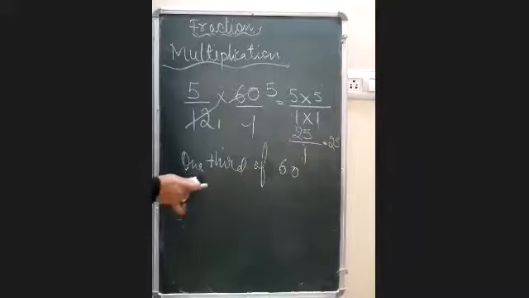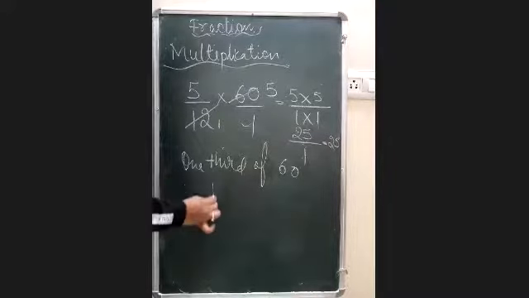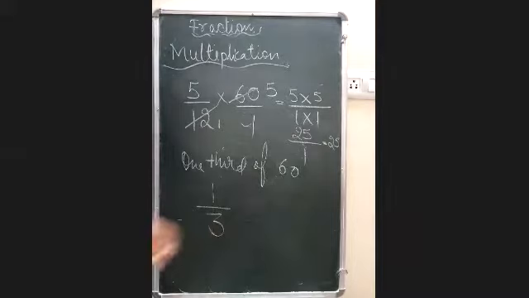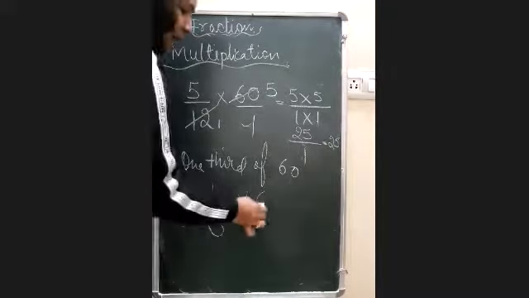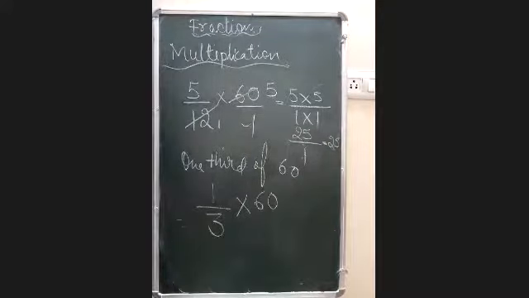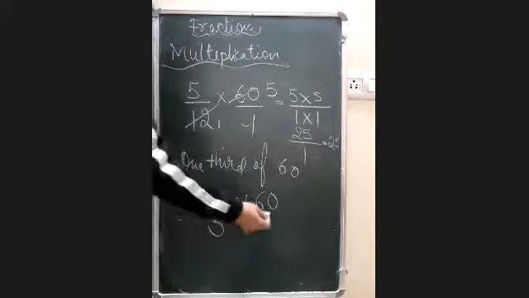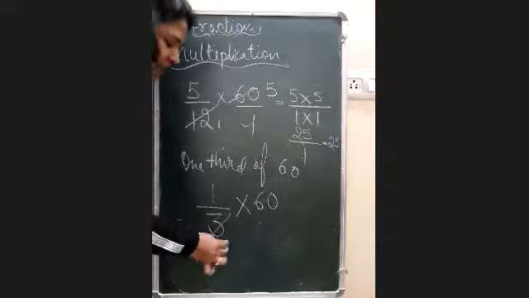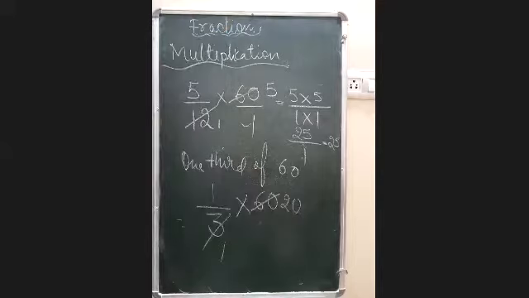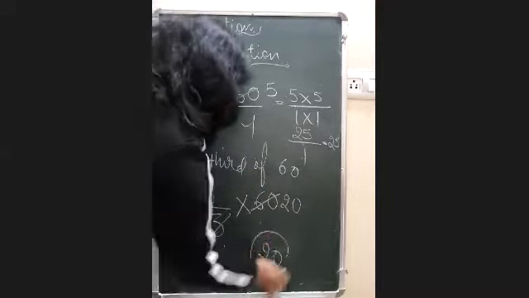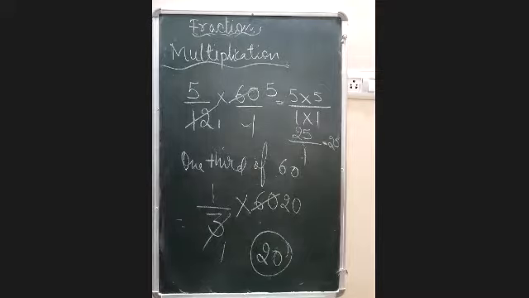Now if you talk about this question, it is written 1/3, and 1/3 means 1 upon 3. Of means multiply. 60 means 60. Now you can again do the same process without putting 1 also. 3 ones are 3 and 3 twenties are 60. Now the denominator is 1, so we will not need to solve it. Just 1 multiplied by 20. The answer would be 20 in this case. This was all about multiplication here.